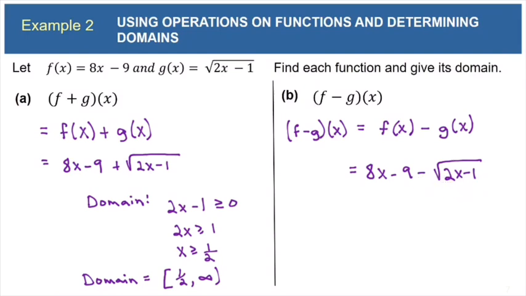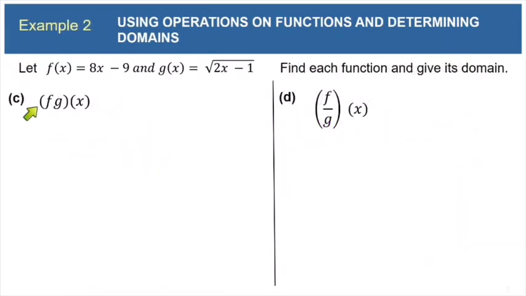Now again, if there were any terms to combine here or any operations that we could complete, we would do that, but there's not. So this one is finished. And now let's talk about the domain. You see the same thing here that you saw on the sum. We can't let x be anything that would cause this radicand to be less than 0, and therefore we could go back through this again, but it's going to give us the same domain. The domain of f minus g of x also needs to be bracket 1/2, comma, infinity.